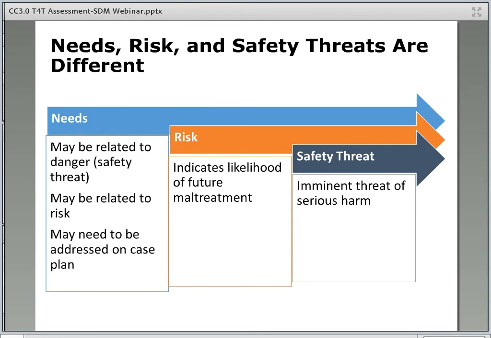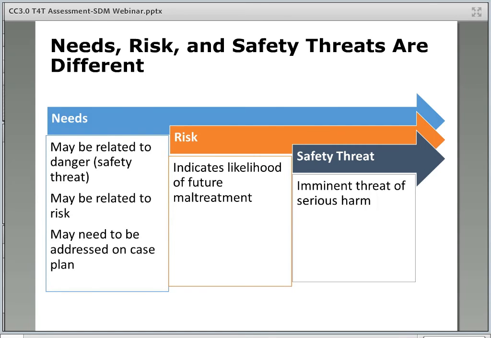First, a safety threat is about the short term. When we talk about danger in the context of the SDM system, we are looking for serious and imminent threats to a child. Serious means the harm would require medical or mental health attention or emergency services. If the social worker does not think the threat can be contained, he/she would not leave the child in the home. Imminent means the social worker reasonably expects that harm will occur in the next week or month.